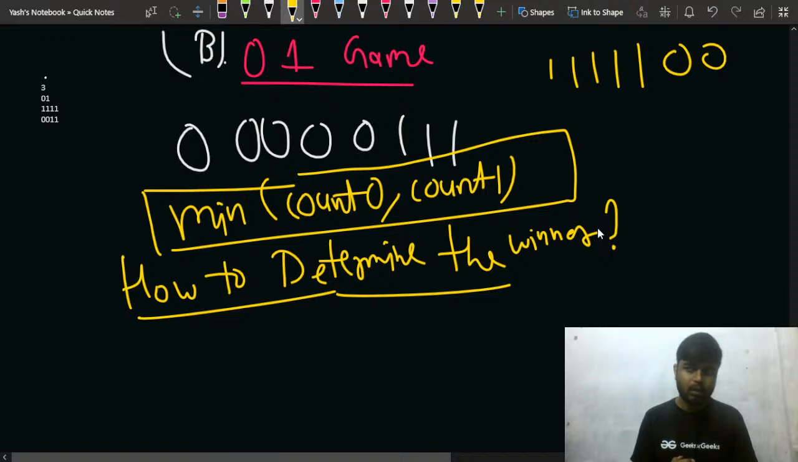Okay. How do you determine the winner for this case? For this problem, is there any specific way in which you can determine the winner? That is what I am asking from all of you. Okay, Ria says that minimum of, okay,